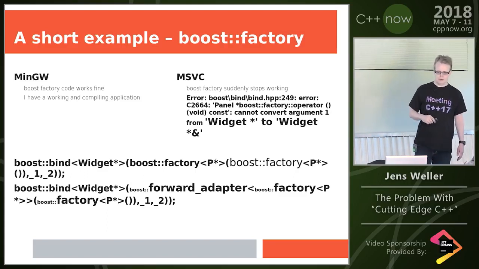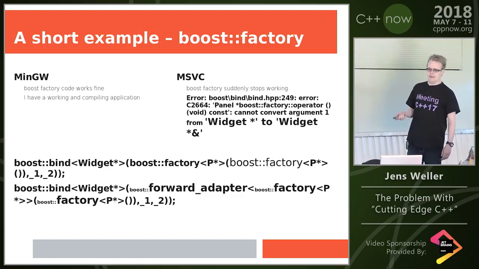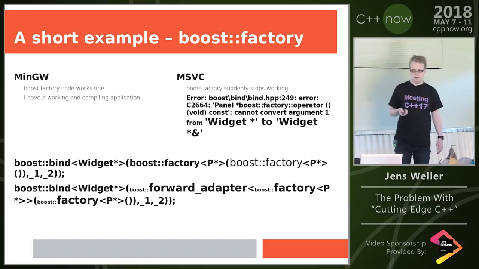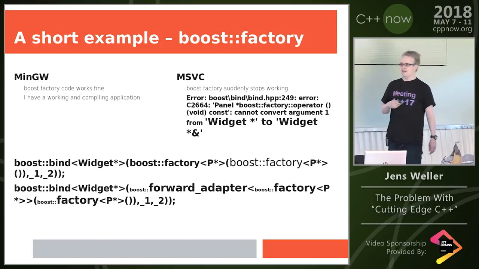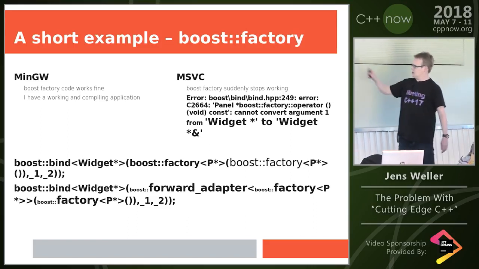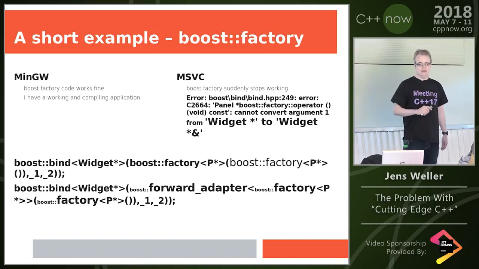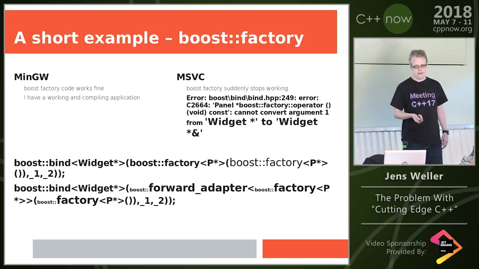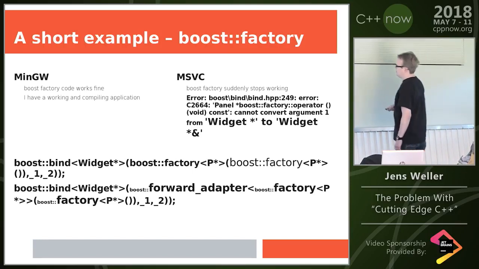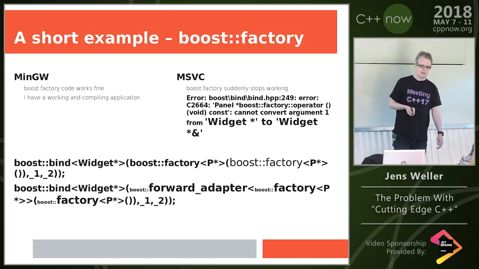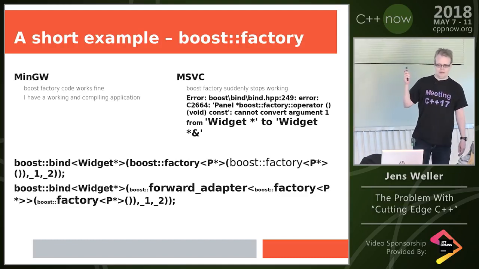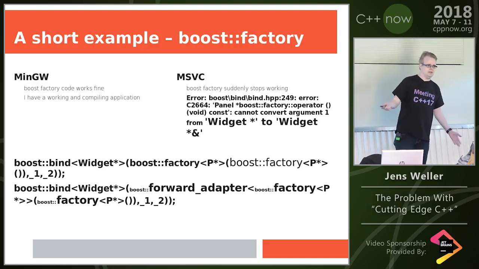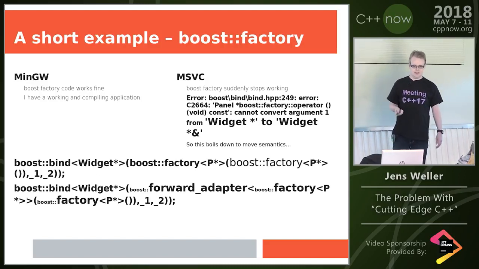The problem is that, of course, Boost Factory is not move aware because it's C++03, and hence you get this really useful error message from Visual Studio. And Boost, of course, has you covered because Boost has a forward adapter. So now this code, which was previously already not pretty, is now even uglier. And this compiled and worked, but it got me thinking, you know, what is Boost Factory doing and what is Boost Bind doing? Well, actually,